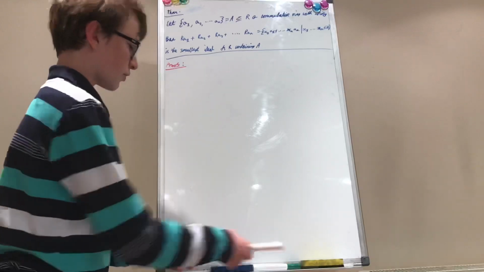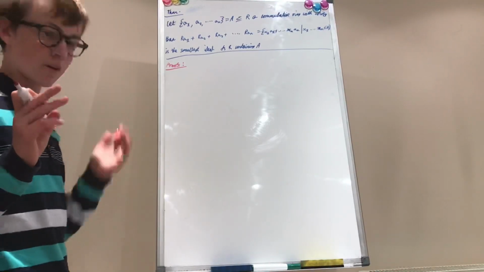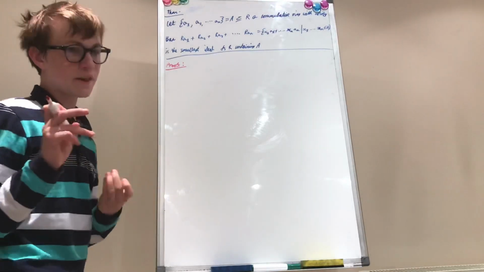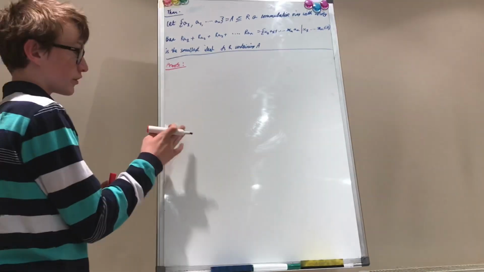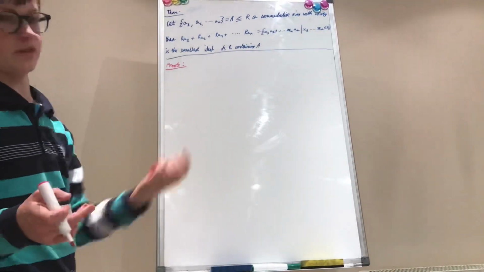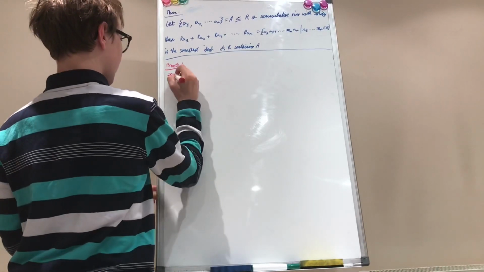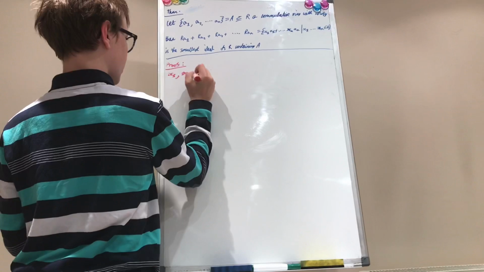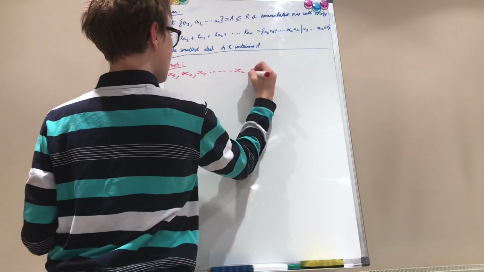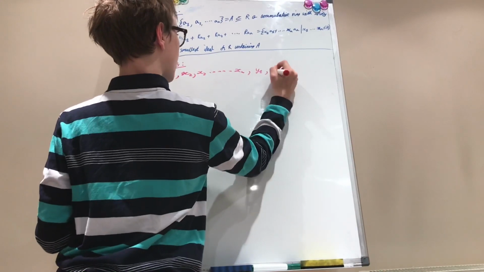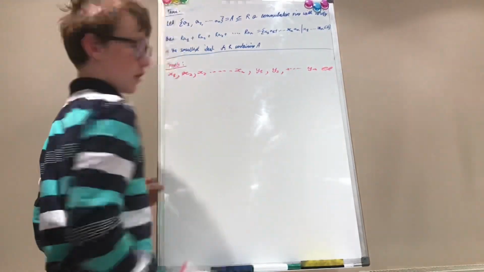Now, the proof goes as follows. We just need to first of all verify that it's an ideal, and then it's logical that this will be the smallest ideal containing A. So, if we pick some x1, x2, x3, all the way up until xn, and we have y1, y2, all the way up until yn in R,